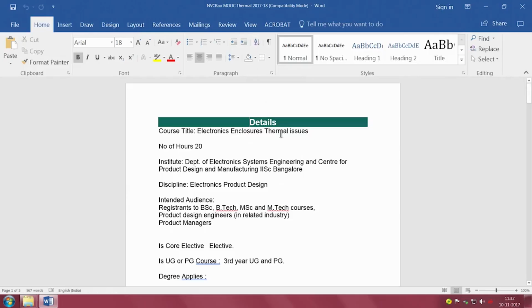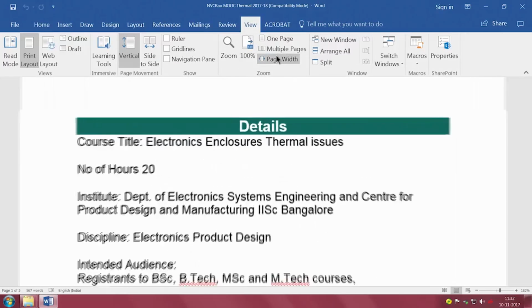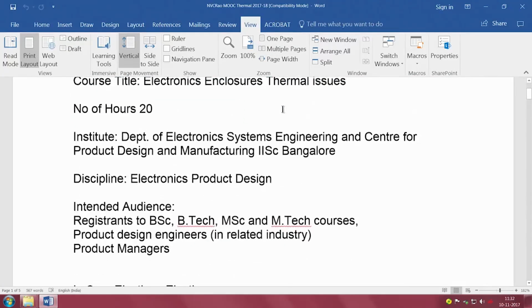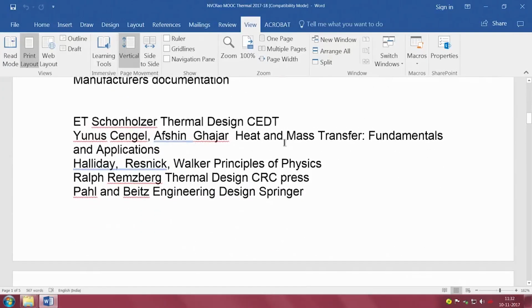If you can kindly show me this, sir, I will try to view with page width, electronics. I belong to this place from IISc, and down if you go, most important is we have